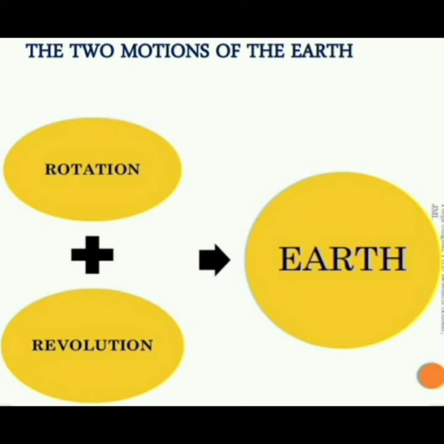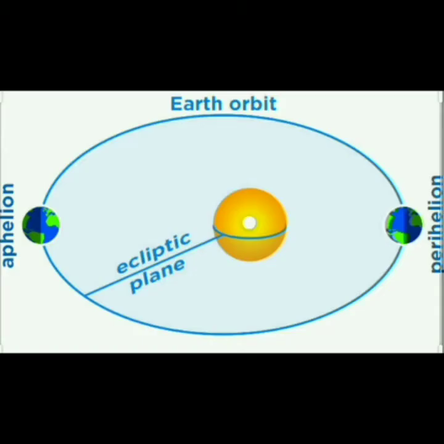And the next is the circle of illumination. The circle that divides the day from the night over the Earth is called the circle of illumination. It will be very clear, see in this picture, the circle that divides the day and night over the Earth is called the circle of illumination. And this circle does not coincide with the axis, as you can see.